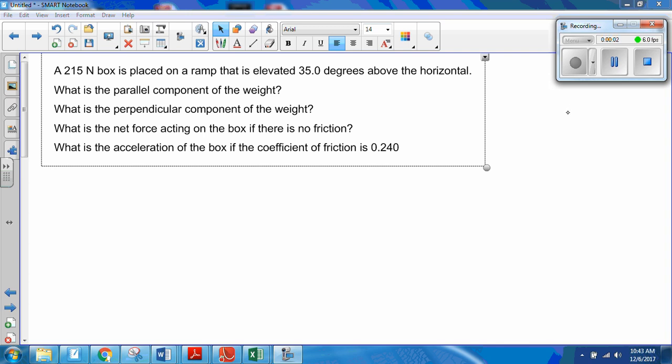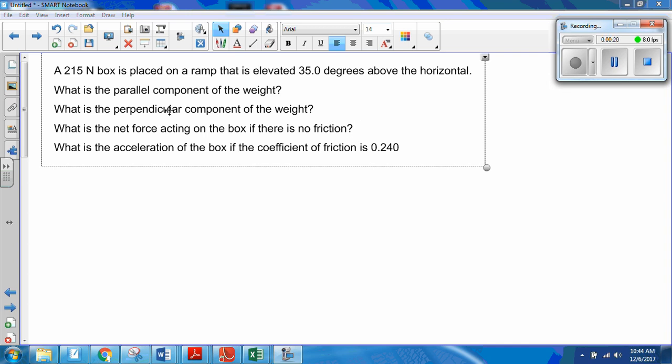So today we are going to be reviewing for your test tomorrow that goes over vectors, friction, and forces on an inclined plane, also known as a ramp. Okay, so we're going to start with this question. We're going to break it down into all of its little bitty pieces, and then we'll do a couple more